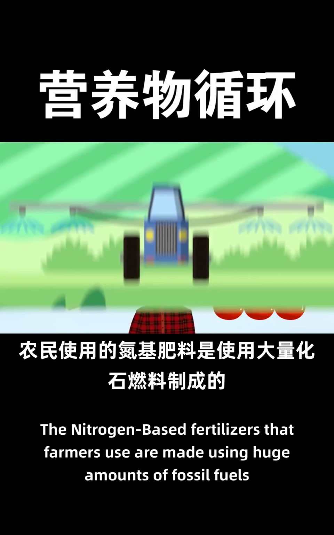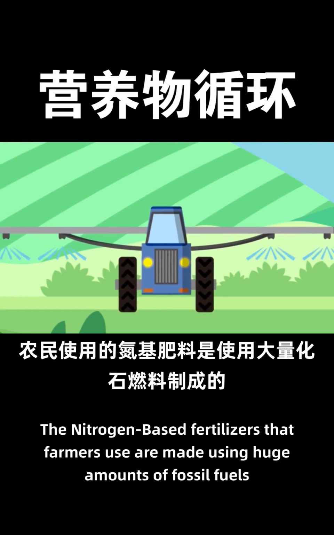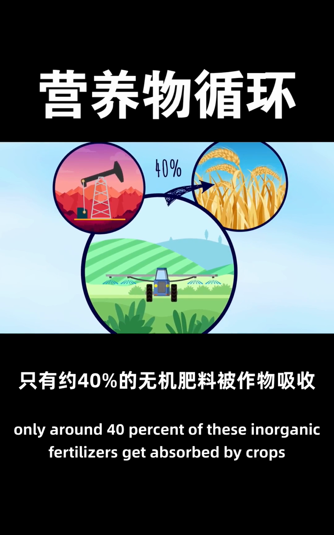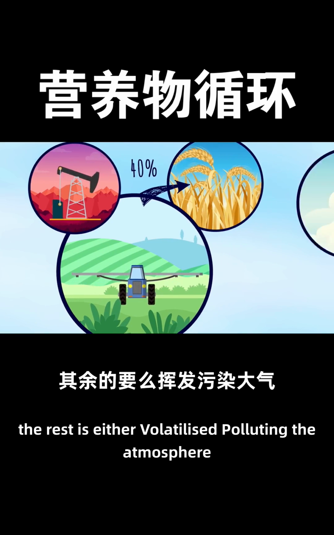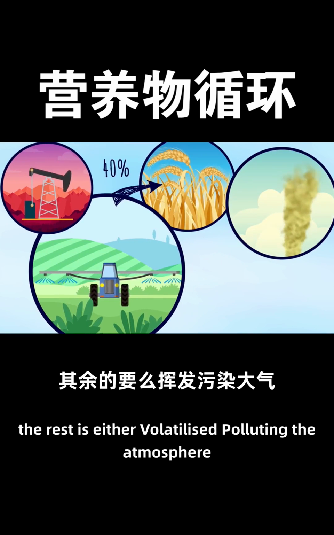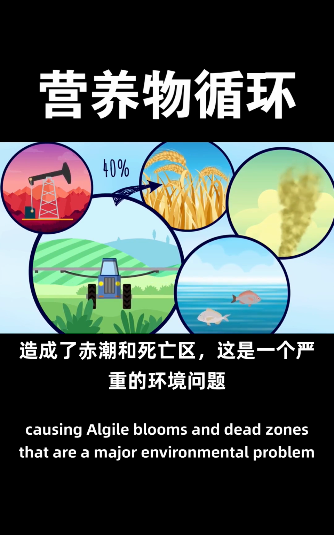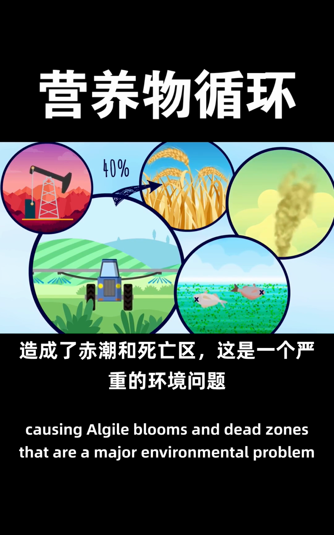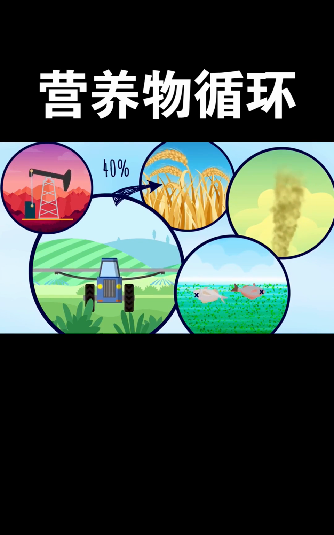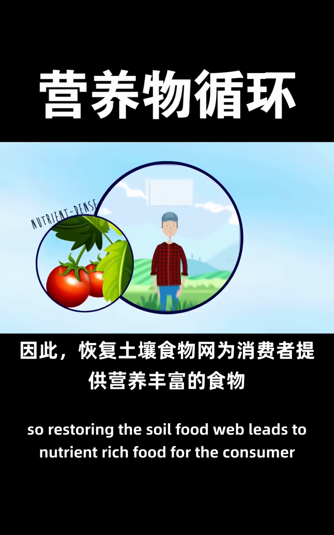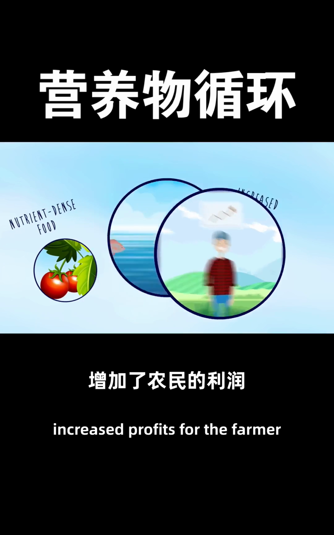The nitrogen-based fertilizers that farmers use are made using huge amounts of fossil fuels. Only around 40% of these inorganic fertilizers get absorbed by crops. The rest is either volatilized, polluting the atmosphere, or it runs off polluting our rivers, lakes, and oceans, causing algal blooms and dead zones that are a major environmental problem. So restoring the soil food web leads to nutrient-rich food for the consumer, increased profits for the farmer, and also